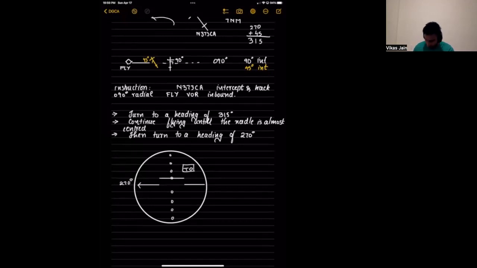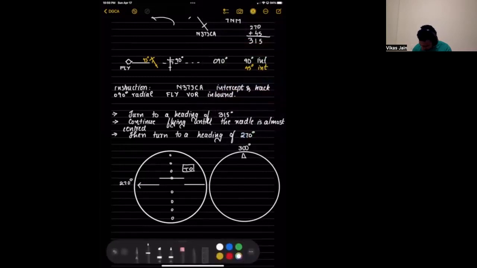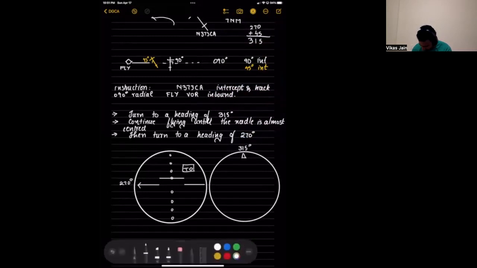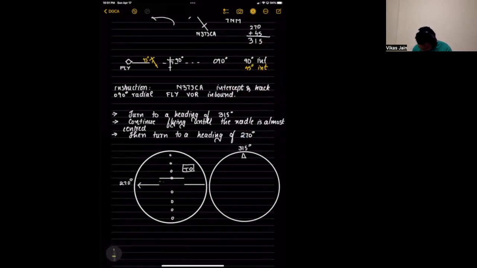Right. And on your heading indicator, you will be showing 300. Now, as I told you, the procedure, first, you turn, you make a right turn towards the heading of 315. So you keep turning until your heading indicator shows 315 degrees, okay? And you keep continuing inbound, 315 degrees, until this needle starts coming inward,